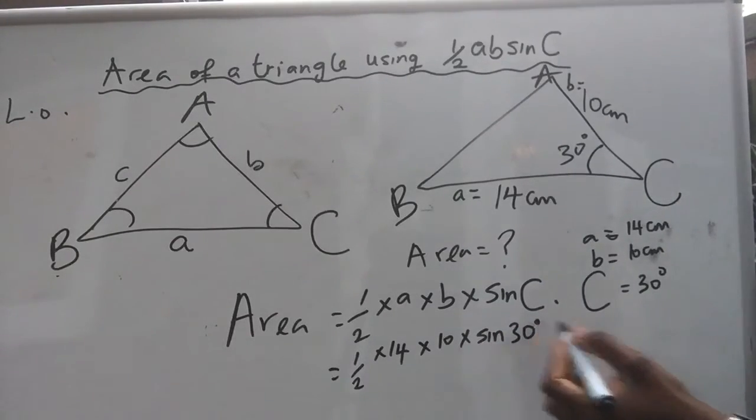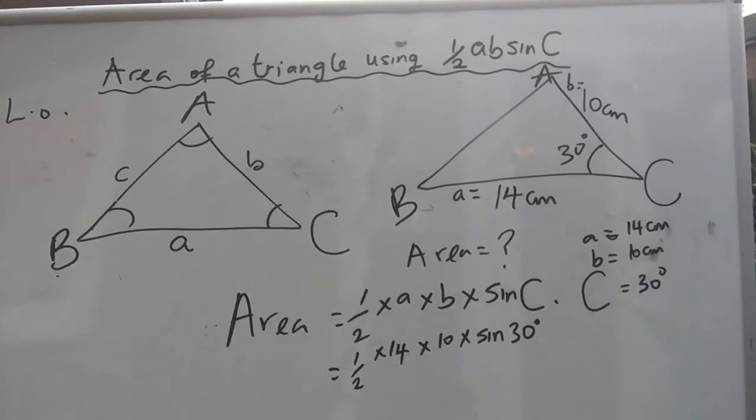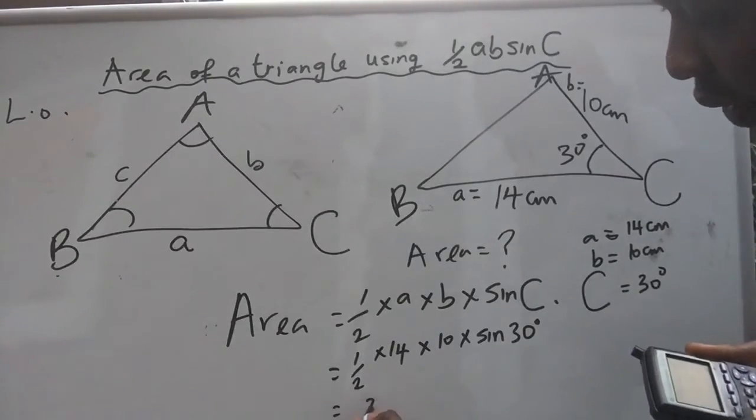Okay, now when you solve this, you want to make sure that your calculator is on degrees. If it is not on degrees, you will make mistakes, and you don't want to be making those mistakes. So type into your calculator half, or 0.5, times 14 times 10 times the sine of 30 degrees. Your answer should be 35